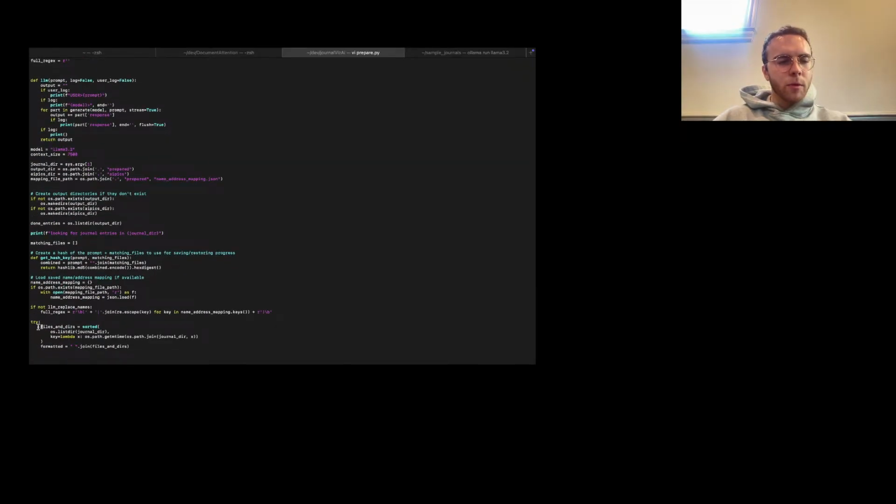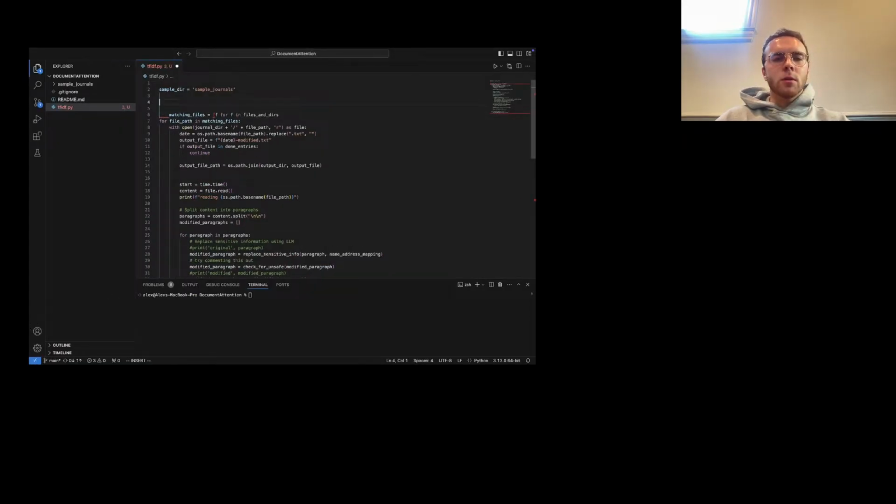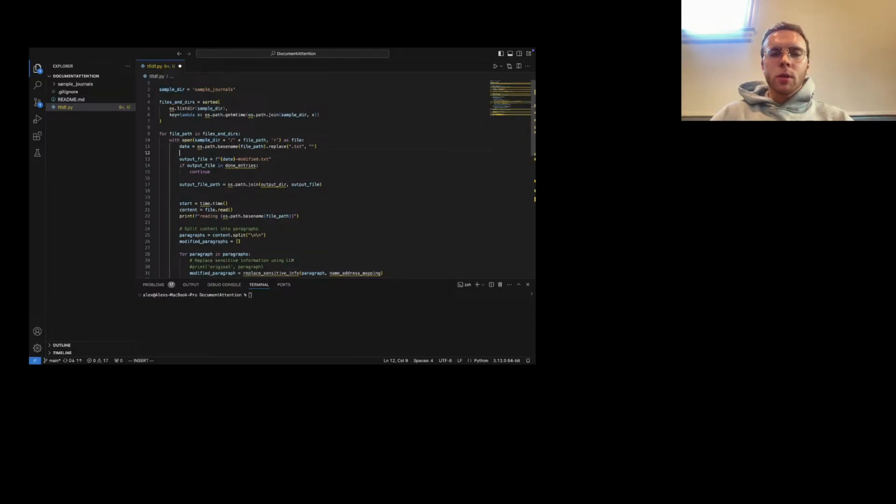Okay, this looks fine. Files and dirs. We can just do files and dirs. Here we go. If there's an easier way to do this, I don't care. Sample dir. Okay. We'll just replace this with sample dir. Boom, boom. File path. Yes. Okay. We're just gonna print out the date, and